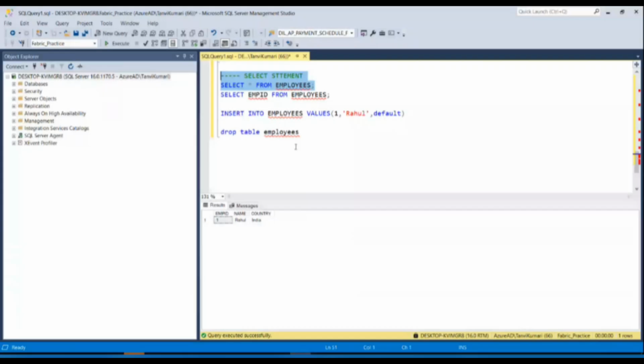First of all, we'll understand what a database is. A database is simply a collection of data that is stored in an organized way. You can think of it like an Excel file. For example, suppose we have a table that stores employee information